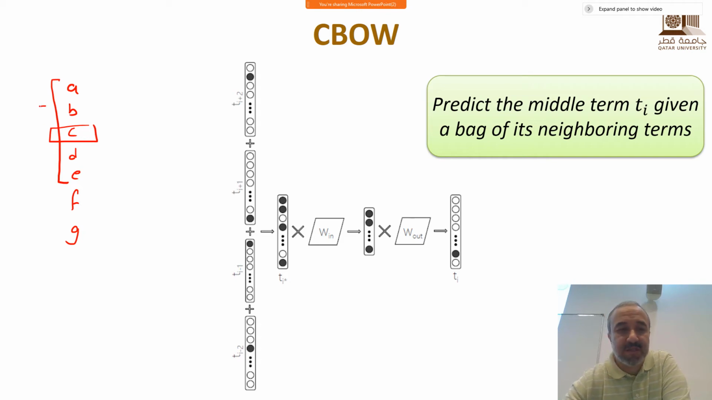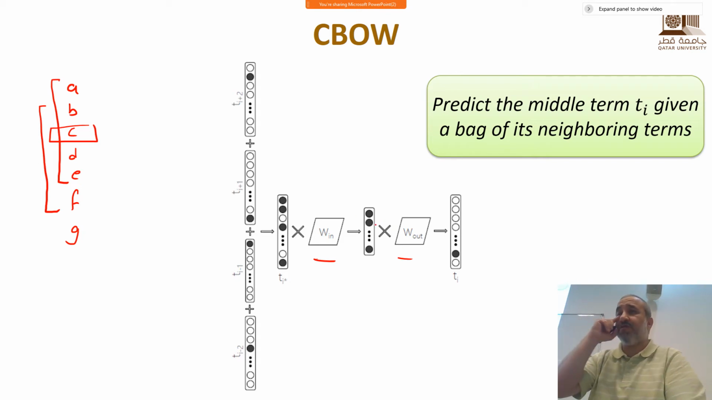Then we switch to the next window. What will be the training example here? B plus C plus E plus F, and the output will be D. Same thing, exactly the same thing. You see that it's the same network. We have W in and W out, and also we